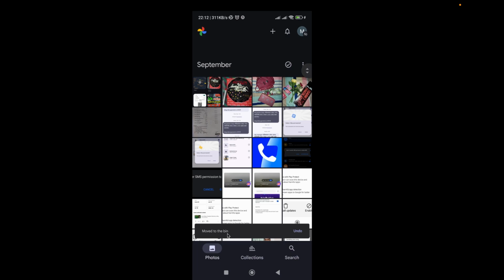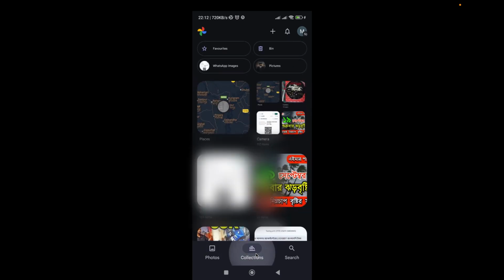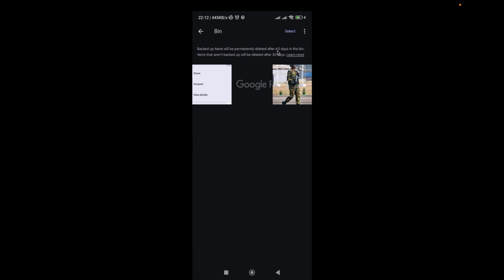That means it is not going to be deleted permanently. We have to delete it again, and to do that, normally click on this collections option, and here you will get the option bin. Choose it. And now normally you have to select that photo. You can select all of the photos also by clicking on this 3-dot bar and choosing this empty bin, but